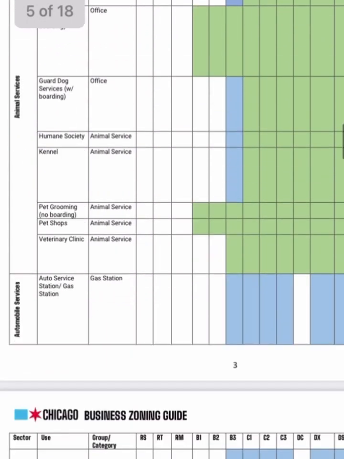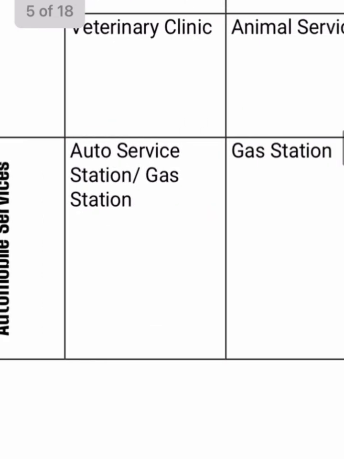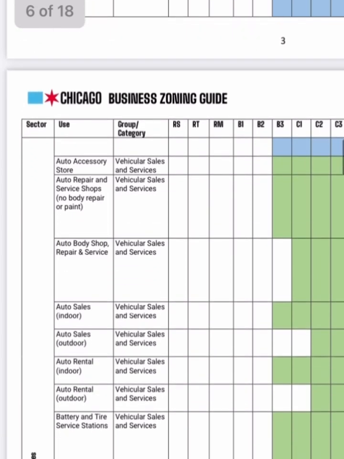Let's go down to the next category here. We're looking at automobile services like gas stations, car repairs, and tire shops. For a lot of these, we do understand how we don't want them near houses. When you have a lot of cars, that means you have to store the cars. There's a lot of broken cars that might be dangerous in some way. We want those to be kept away.